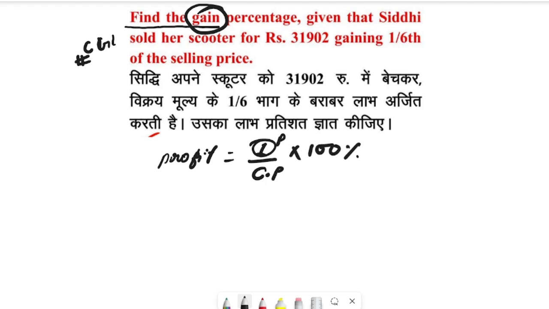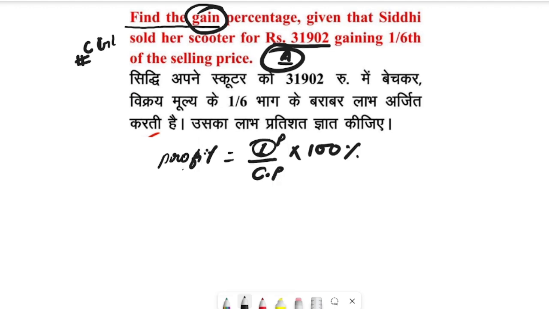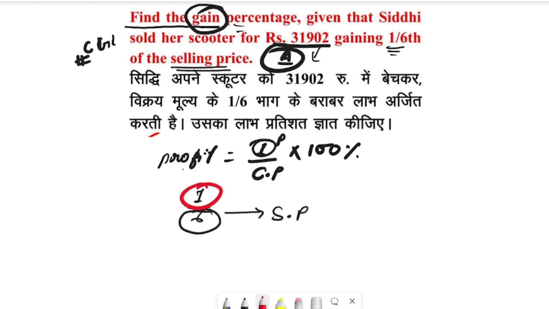Here he said that Siddhi sold her scooter for some amount. If we ask about what is the gain percent, if we ask percent, then we don't need to calculate from the amount. We go here 1 by 6. Here it means his selling price. It means that here 6 denotes selling price, 1 denotes profit,